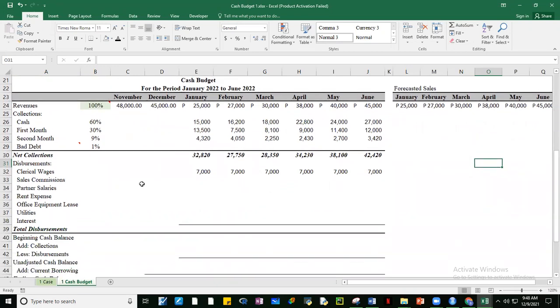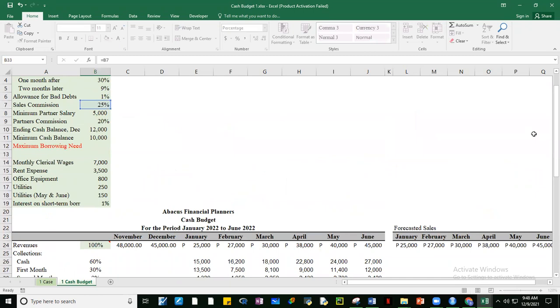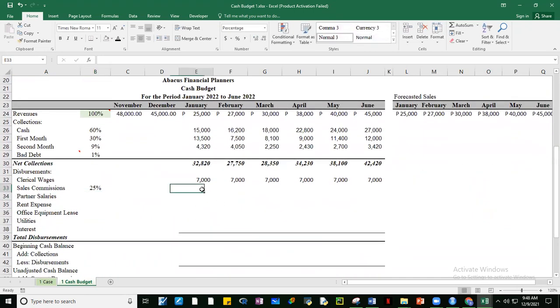Okay, thank you. Good. All right, then we have sales commission. Yung sales commission, i-copy nga natin dito yung percent. Copy natin dito, 25% kasi. Ang sales commission, sabi daw, guys, it will be based on collectible sales. Collectible sales, ibig sabihin, hindi kasama yung 1% na hindi mako-collect. And it will be based on the previous month revenue. So yung commission ng January will be based on the sales of December, but not the whole amount. Kailangan i-minus natin yung 1% na hindi mako-collect. Then i-F4 natin to.